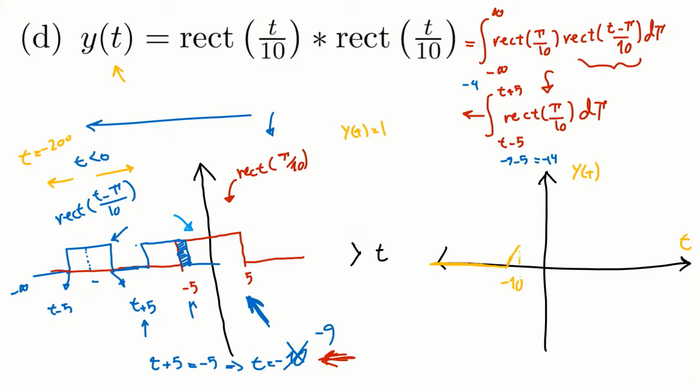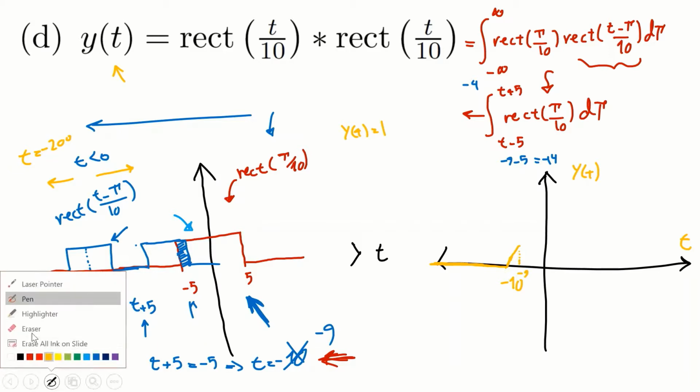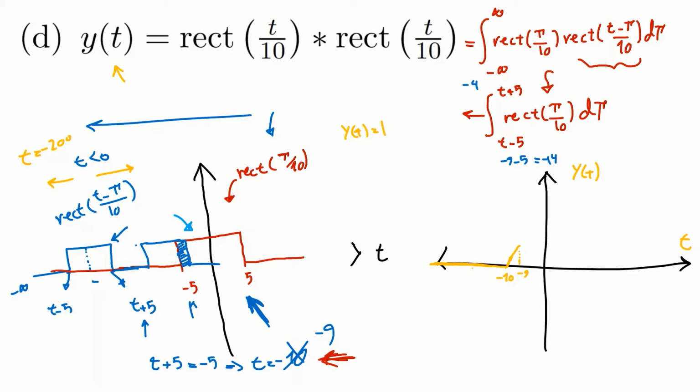Just assume this is minus 9 and this is minus 10. Let's make some space. This is minus 10. And if I further shift the signal to the right by increasing t from minus 9 to minus 8 and then minus 7 and then go to 0, at 0 both signals perfectly overlap. The blue signal perfectly overlaps with the reddish signal, and that's where the value of this integral is maximized. Actually, that's where y(t), which is y(0), because t is 0, equals the integral from minus 5 to 5 of rectangular of tau over 10